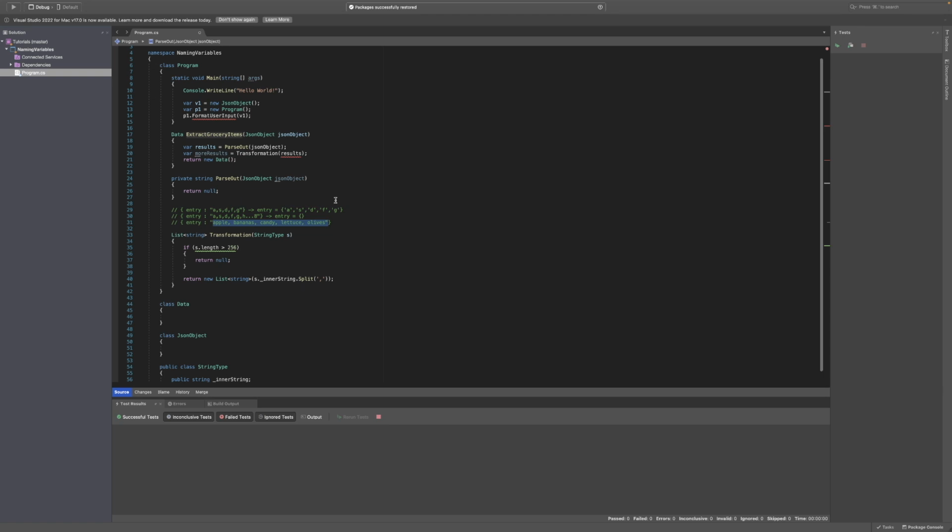And that's going to be the thing that we want to transform into a list. And so we rename this one to extract grocery items, and I'll make this code work. And then we come down here to transformation. So we have parse out, and parse out is actually not a bad name. This is probably not a method that would need to belong in here. This is probably a helper method that needs to be defined in another class, maybe a JSON class. But this is probably the thing responsible for giving us the string object piece that we care about, right? So parse out maybe grocery